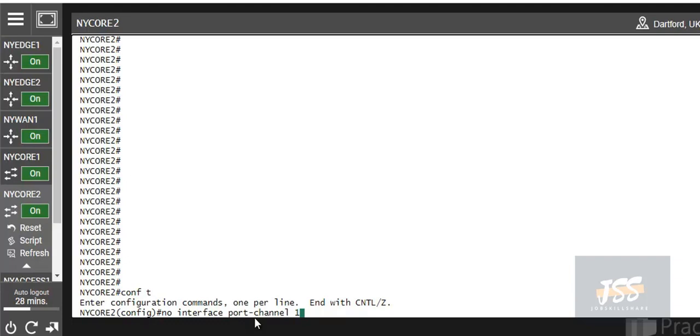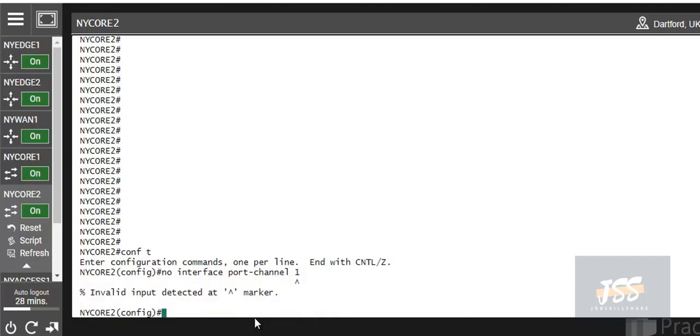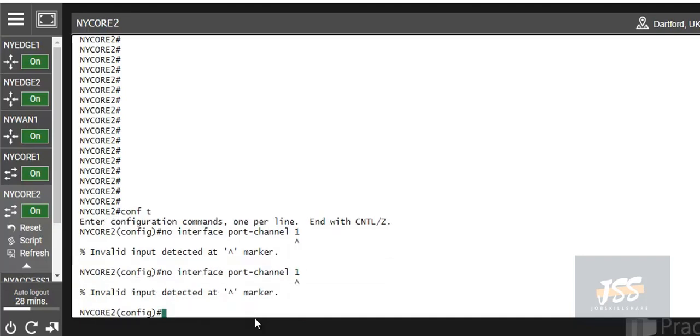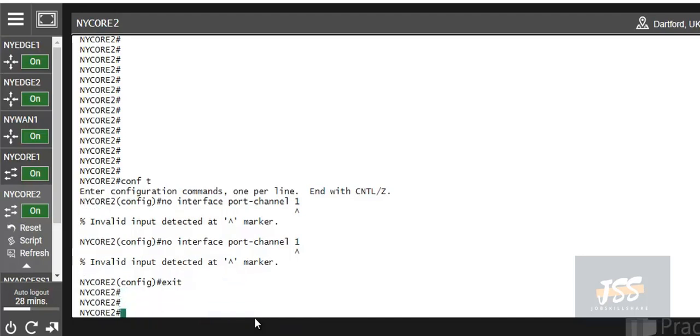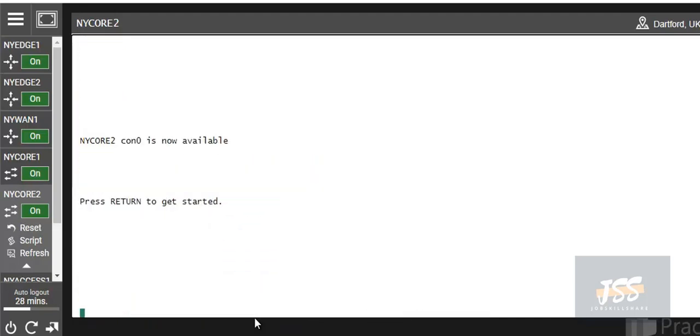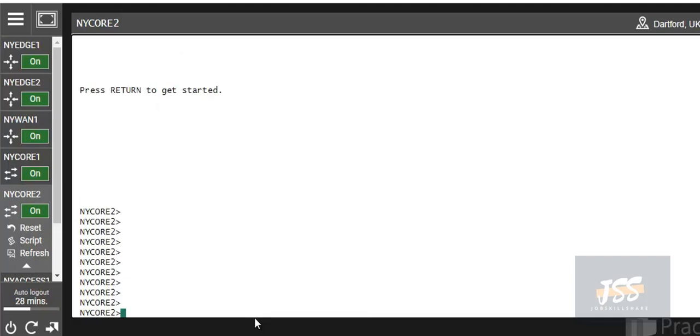We created a port channel by bundling up those two ports of the switch. Now we can remove that. We have to remove that bundle, then we can form a new bundle to enable the protocol LACP on this side as well. So we are removing it. We have removed it. No port channel 1, and then no interface port channel 1 is the command, and then we will configure the protocol. So simple configuration is needed.